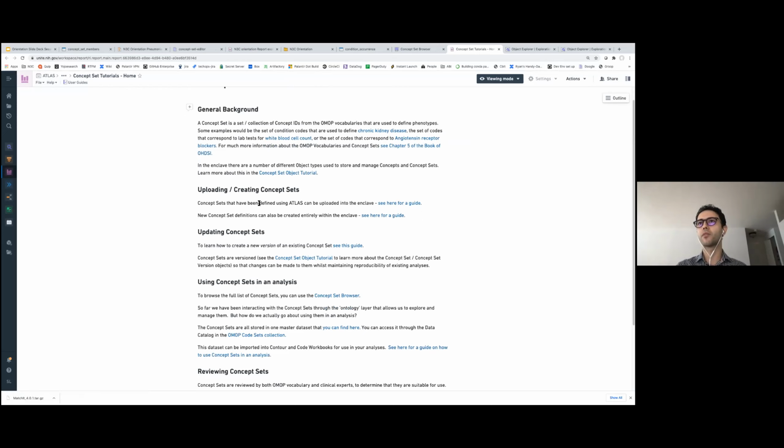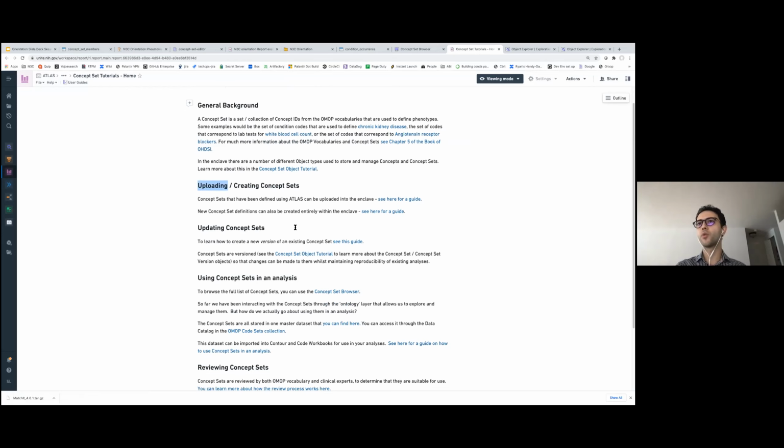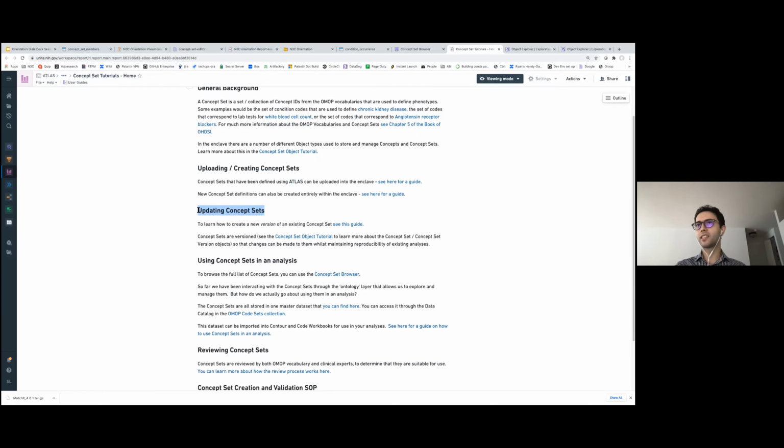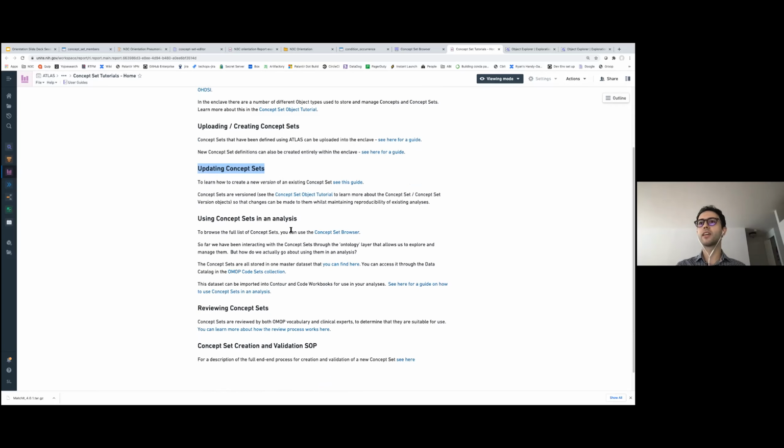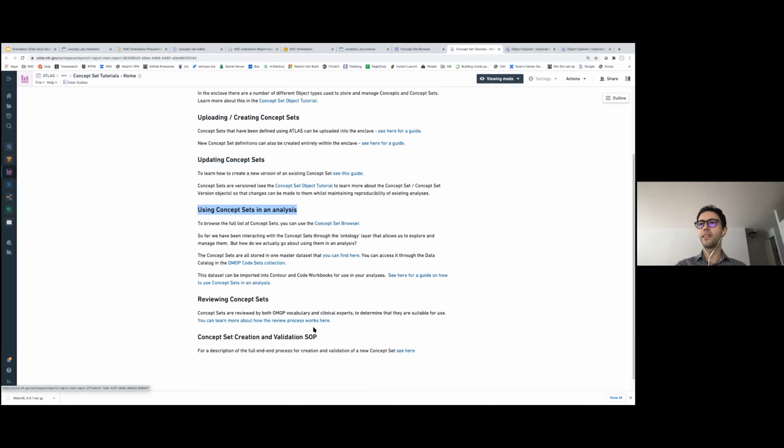So a general background, how to upload an existing concept set or create a new one, either from the enclave or using Atlas, how to update existing concept sets within the enclave, as well as how to use it in an analysis. So part of what we covered today. And then the SOP for reviewing concept sets within the enclave so that we have some good quality ones that researchers can use. So that's all on the concept set tools.